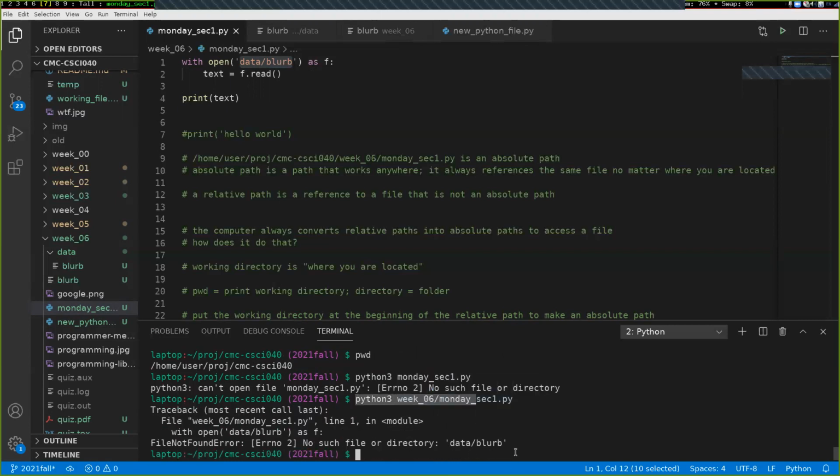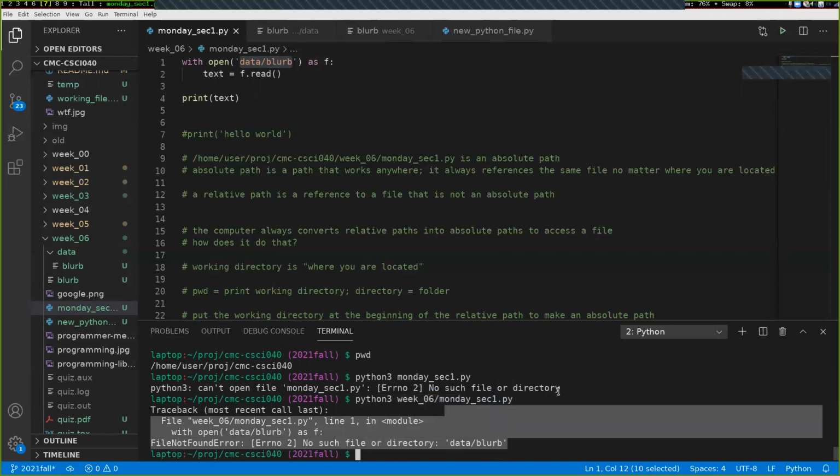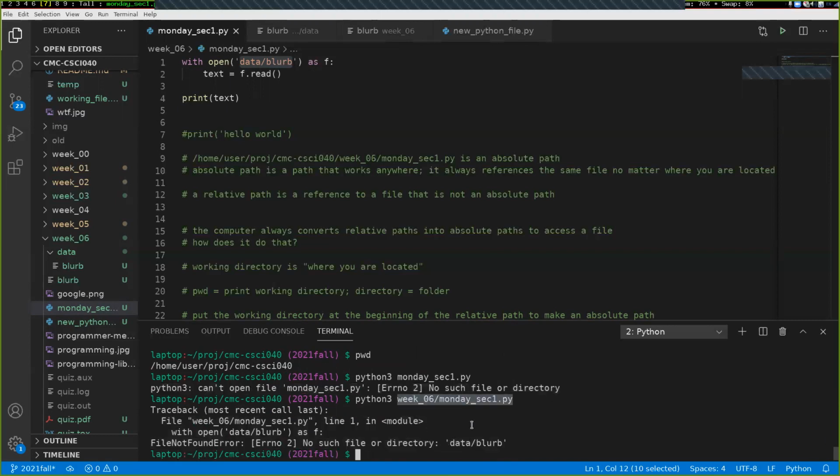So notice that there are 2 different error messages here, although they look similar. This error message down here says no such file or directory data / blurb. This error message up here says no, can't open the file Monday_section1.py. So this error message here meant that we couldn't find the file that we were actually trying to run with Python. This one here means that we've run Python successfully. It's successfully running this,